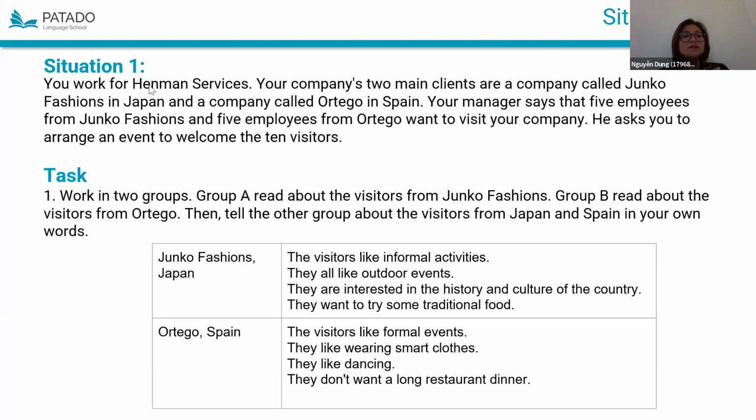The first visitor is Junko Fashions from Japan. They like some activities that are not formal. So that's why they choose some outdoor activities.